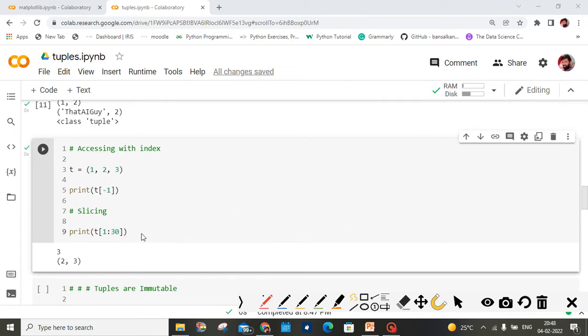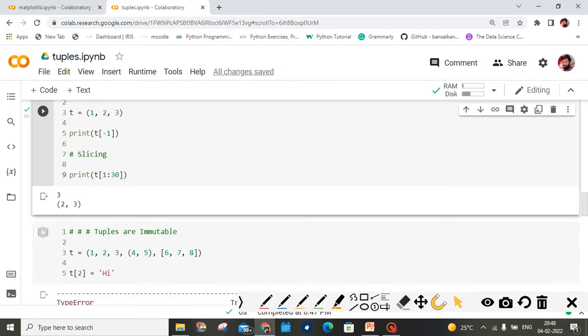Observe this, I gave print from 1 to 30. That means it is printing whatever values are there after the first index.